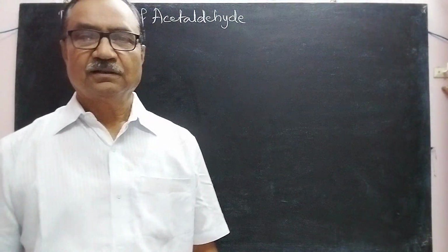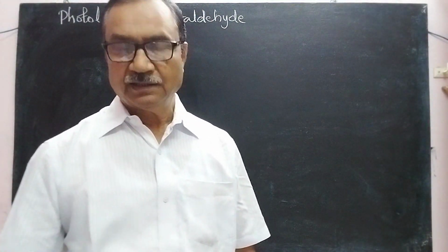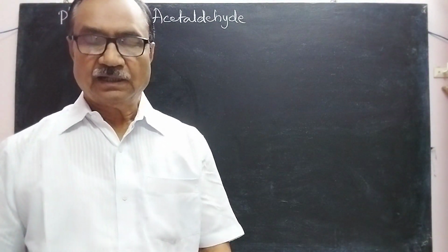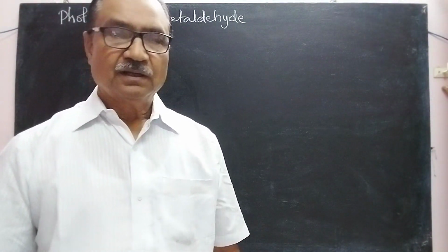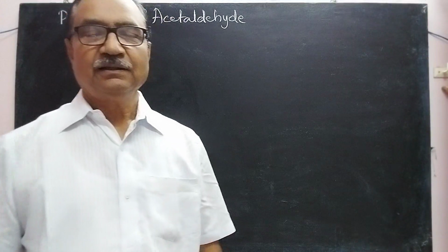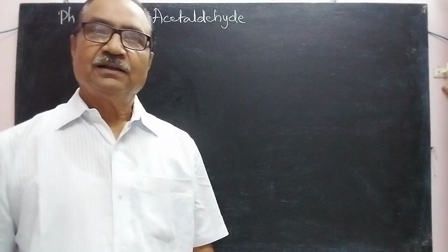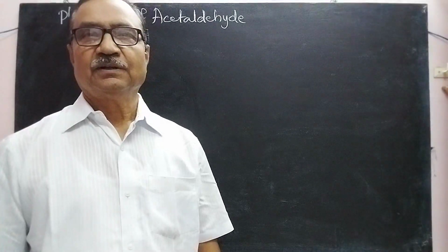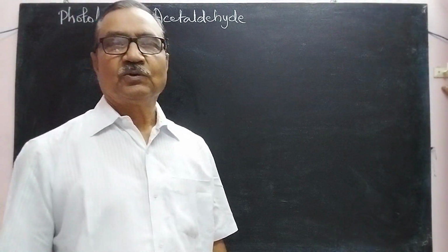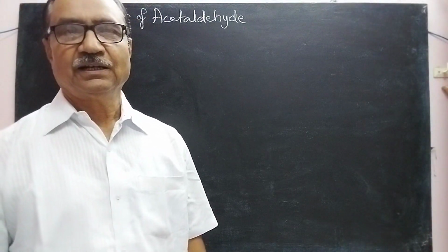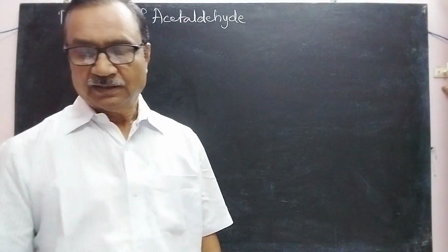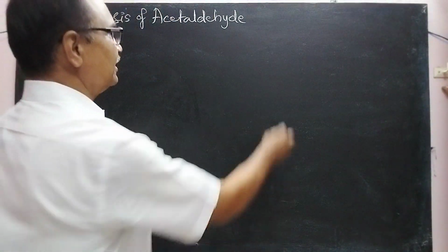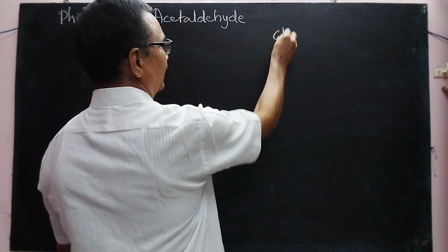Dear students, today let us study about the photolysis of acetaldehyde. It is a photochemical reaction. Acetaldehyde undergoes dissociation in the presence of light radiation from 250 nanometer to 310 nanometer. The reaction may be written in this way, that is acetaldehyde